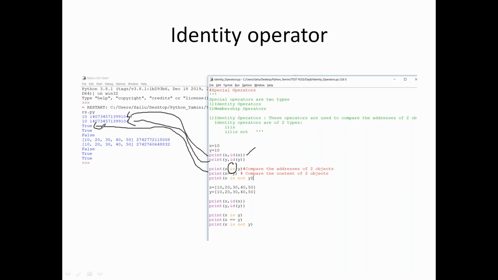Generally, when you have the same value, according to what we have learned so far, when we assign 10 to both different variables, by default you get the same id. With fundamental variables, you may find this kind of similarity, but with collection variables, you will not find it like this.